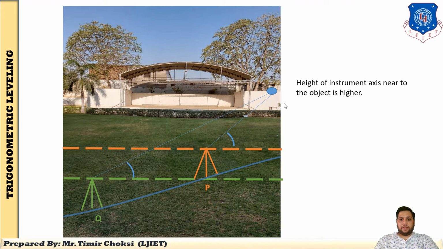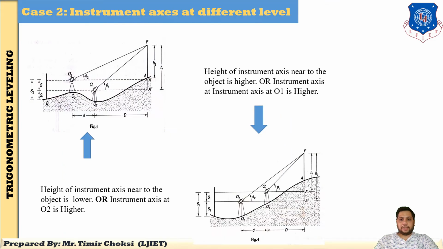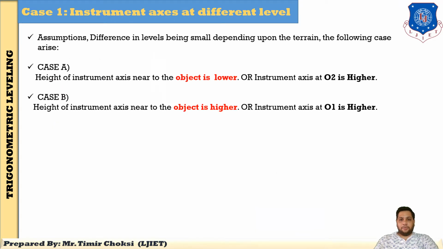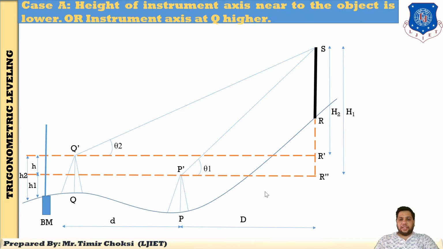Now I will explain this particular case. You know that you have derived and found the formulas of capital D as well as H1 and H2. You know that the base of the object is inaccessible, so you have to find capital D because you cannot directly find capital D with a chain or tape. So you have to find capital D with some formula.